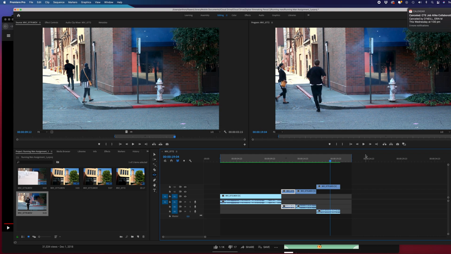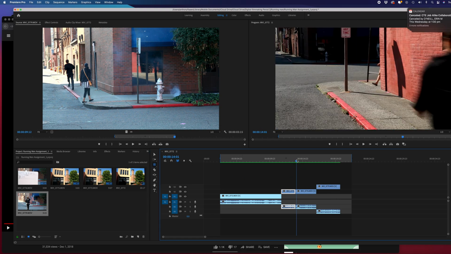So those are some of your tools. A quick overview of them. I'll probably come back to that in this class and address these as we can use them. I suggest you play around with them, get used to them a little bit, especially the one I really think that goes unnoticed a lot with editors is this rolling edit tool. I really like that idea that I can